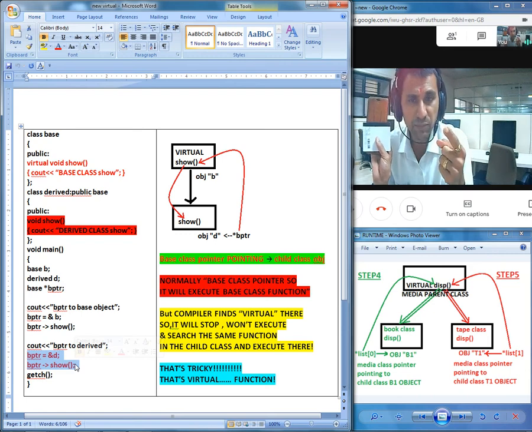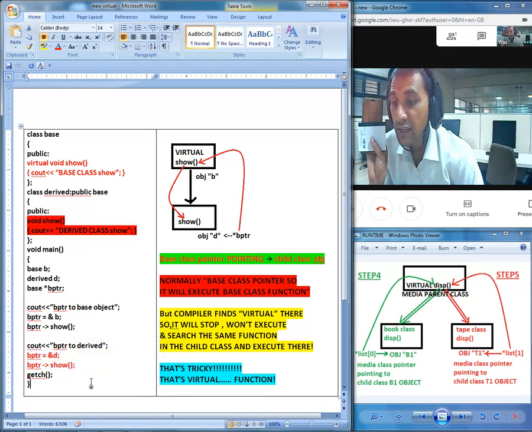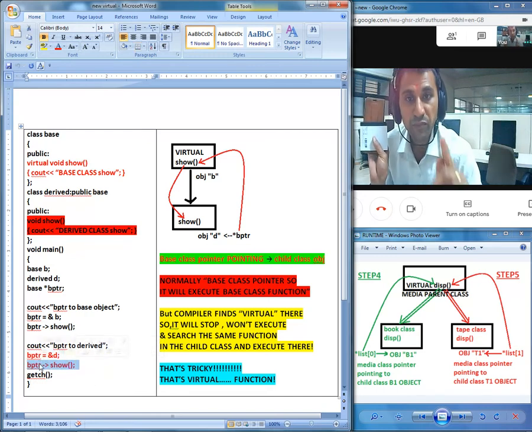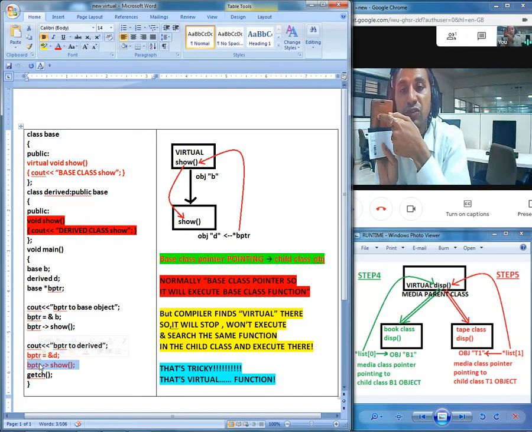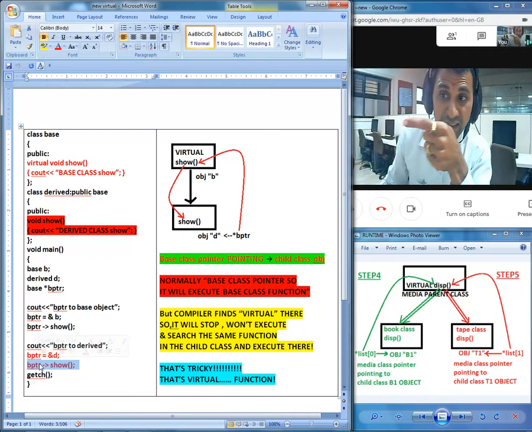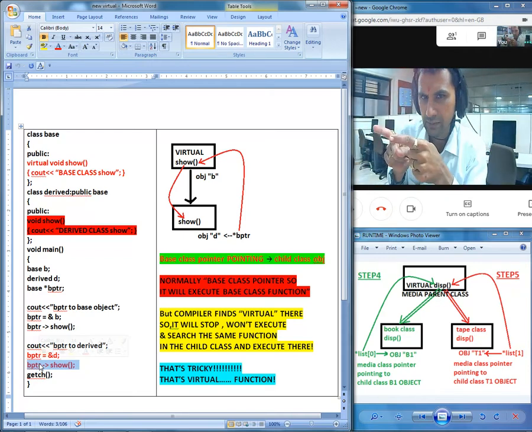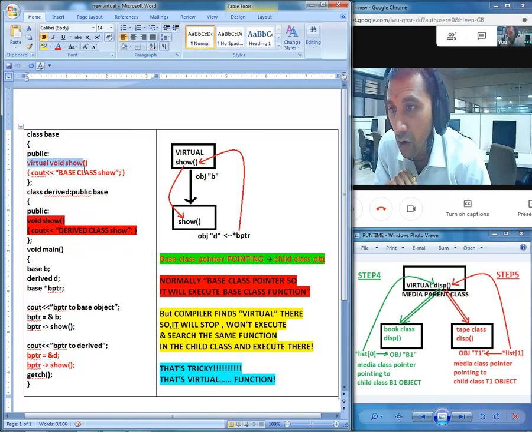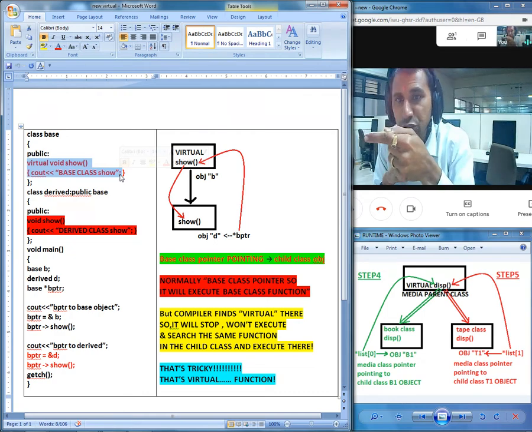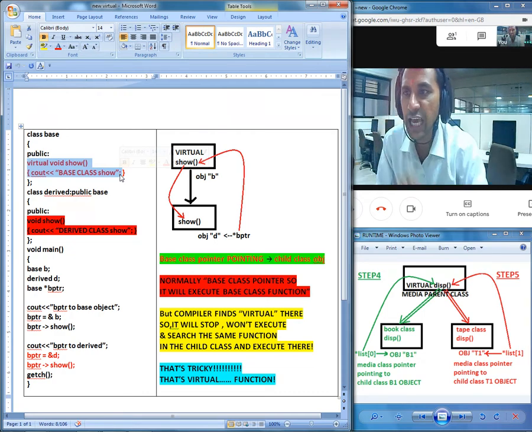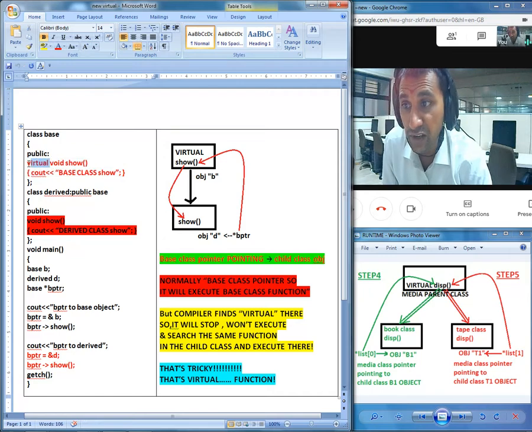Once again, the same laws are going to be applied. The pointer is of the base class, so by default it is going to execute the properties of the base class, the same class only. Here we try to make a call to the function show. Because this pointer is of a base class, it will go to the base class and try to execute the function show there. But now take a look at the definition, the highlighted red part. When the base class pointer is there to execute the base class definition of the show function, it actually finds out, oh, this function has been defined as virtual.